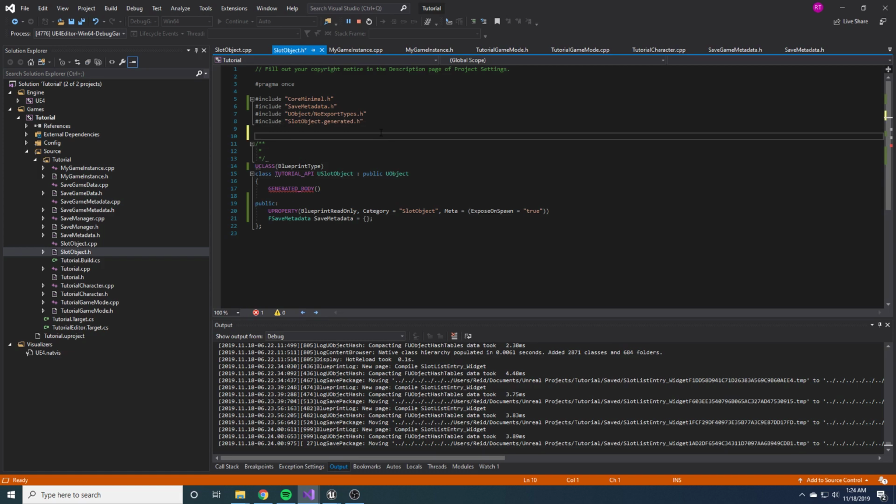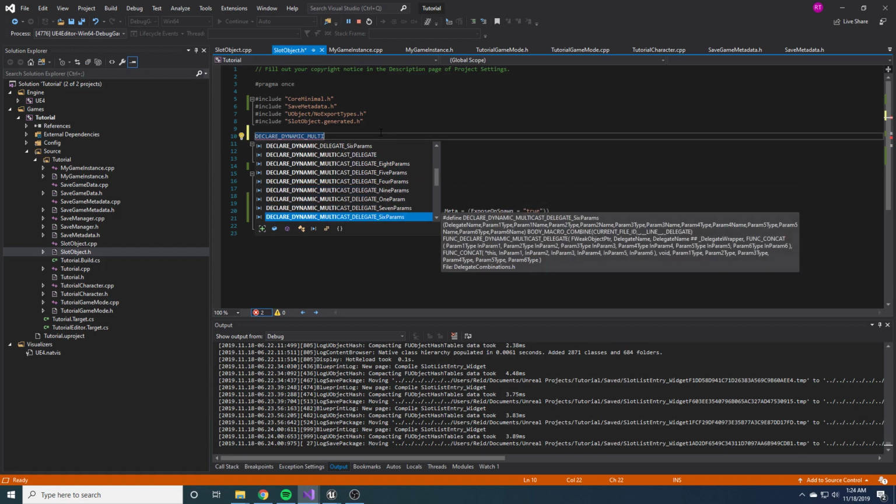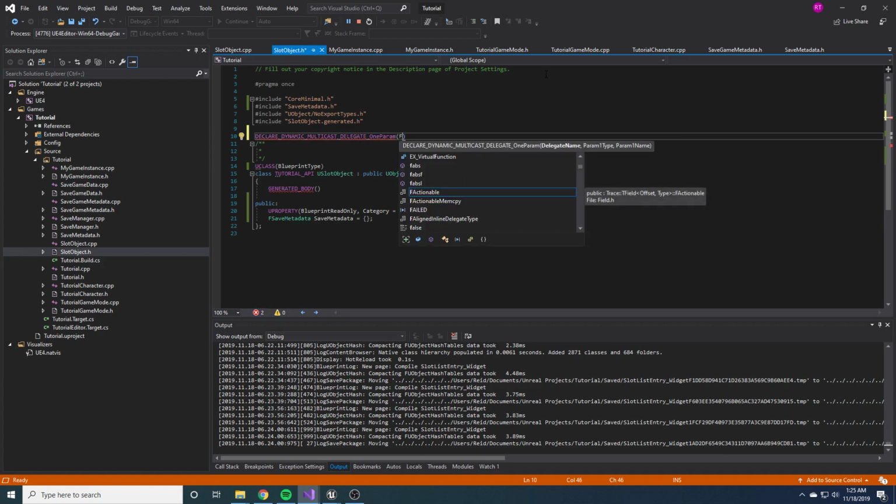So the way we create an event is pretty ridiculous. It's called all uppercase DECLARE_DYNAMIC_MULTICAST_DELEGATE. And you can see there's a bunch of different ones for 8, 5, 4, 9, 1, 7, for however many parameters you want to pass. In our case, we only want to pass one parameter, so we'll say one parameter. And the first thing you've got to give it is a name, and I believe it has to start with F. So we'll say FOnSlotDeleted,